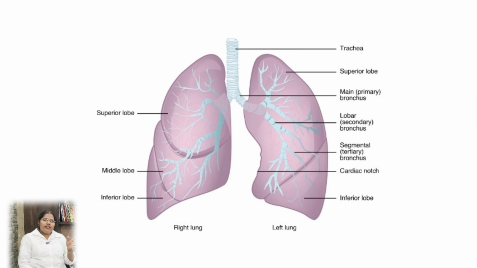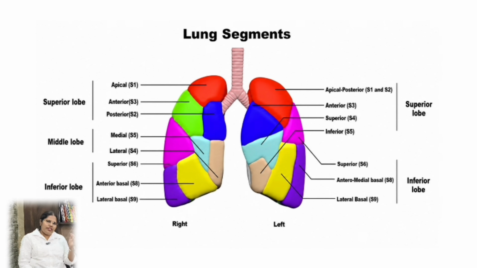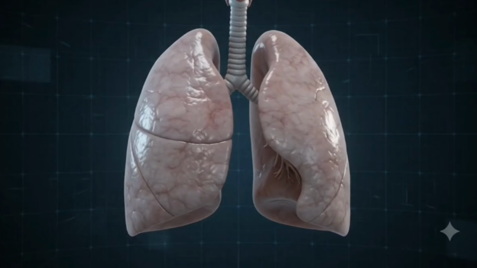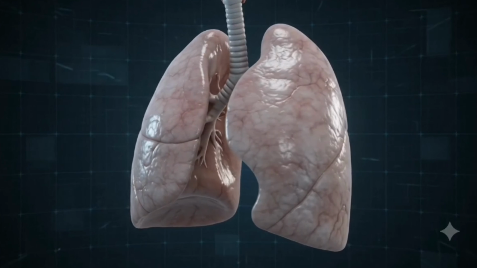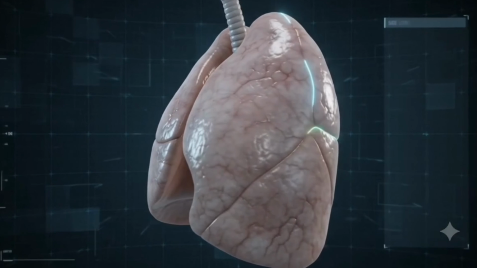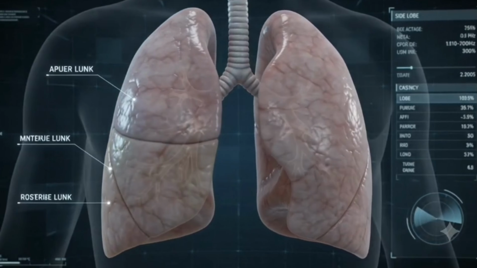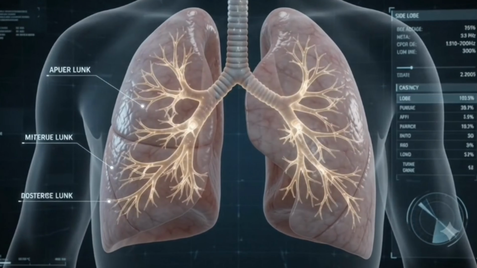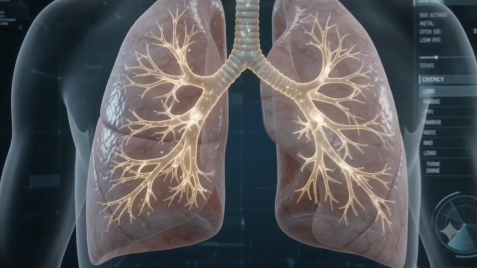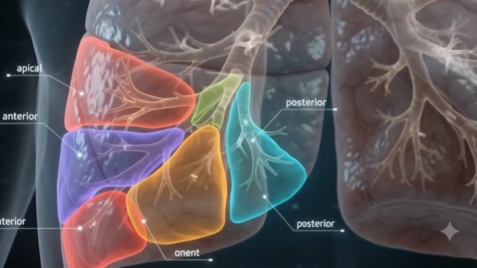This is a case of aspiration pneumonitis evolved into lung abscess. We will discuss a few important concepts from this case. Lungs divide into lobes, and these lobes further divide into segments. Right lung divides into 3 lobes: superior, middle, and inferior. Left lung divides into 2 lobes: superior and inferior. These lobes divide into segments, S1 to S10, on both sides.